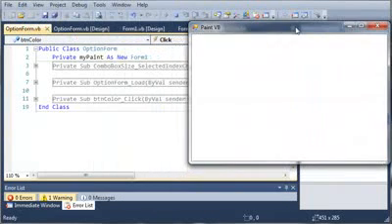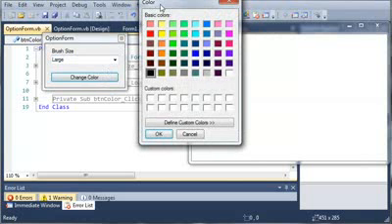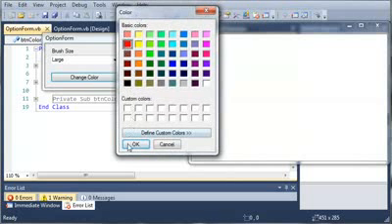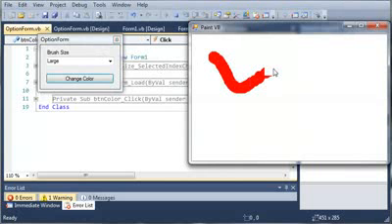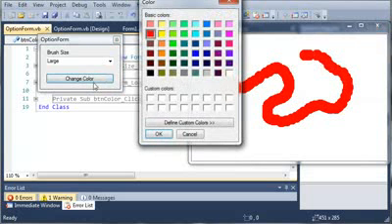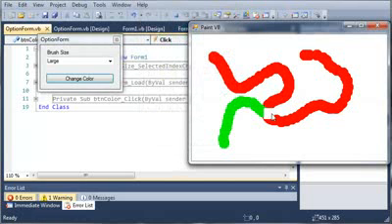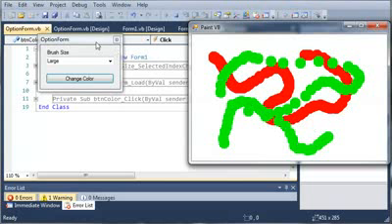You can see here we got Paint VB and our option form. So let's just go ahead and set the brush size to, let's do large, and now let's change the color. So we'll make it, let's say, red, and we'll click OK. And you can see when we start drawing, it gives us a red line. Now we can change the color again to, let's say, lime green, and we can draw with that one too. So let's go ahead and close out of these,